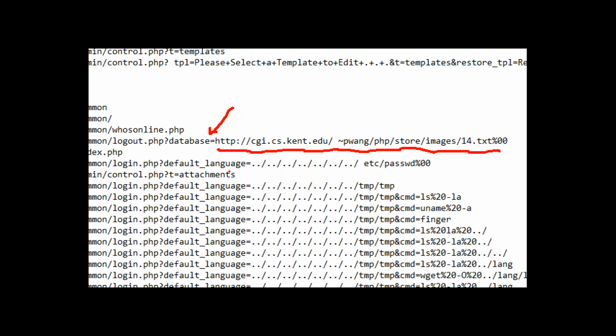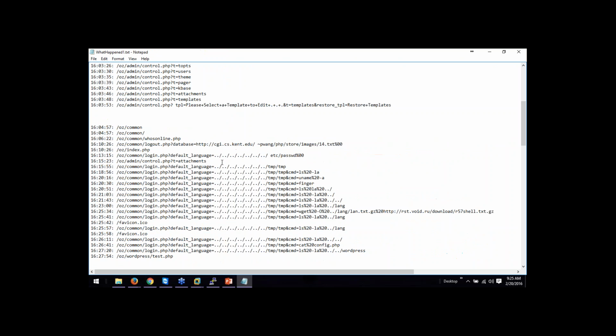Okay, and now it looks like this default language stuff is working, because you see this Etsy password stuff is working, and it's working everywhere. See this? In other words, he keeps doing it. So obviously this is working. So now I see that text. I'm going to grab that text right there,